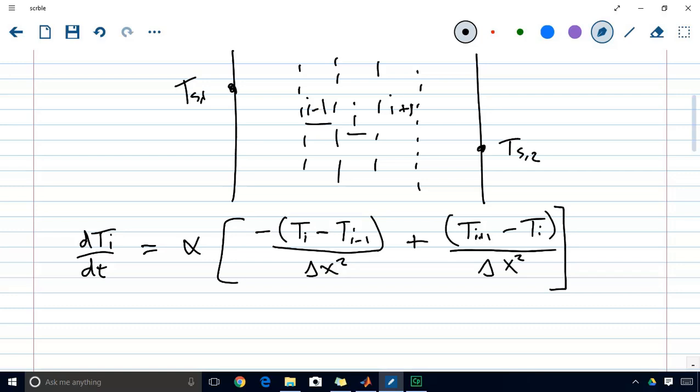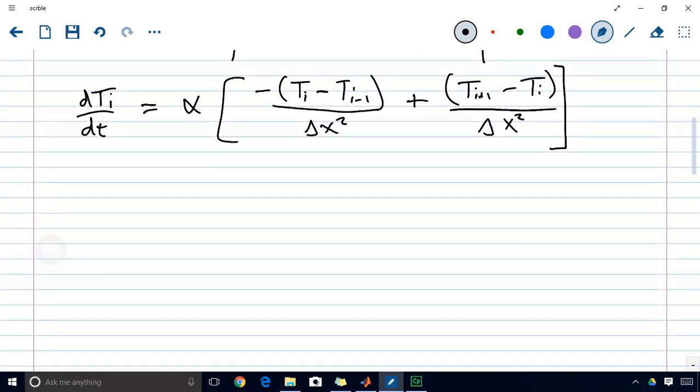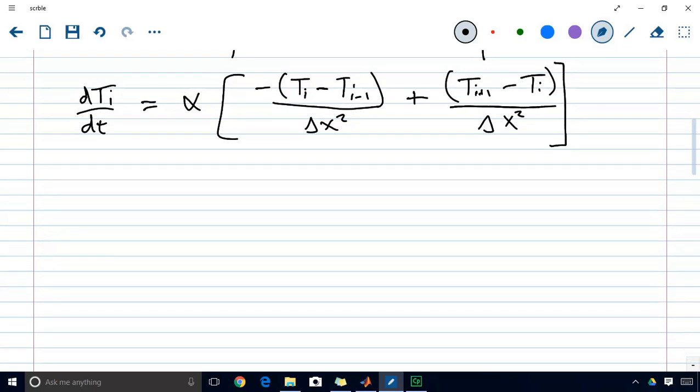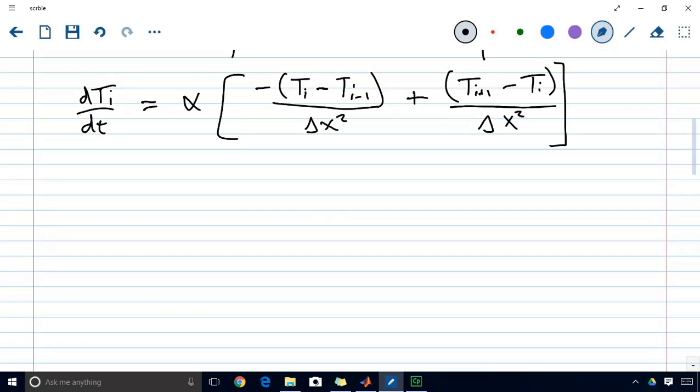If you are confused about where this equation came from, we did just an energy balance using Fourier's law to define the fluxes coming in and out of node i. And we did that in the previous video, so go back and watch that video if you're confused. Right now our task is going to be to program this equation into MATLAB and solve this. We're going to use a simple solution method, known as the forward Euler method, where we're going to say that